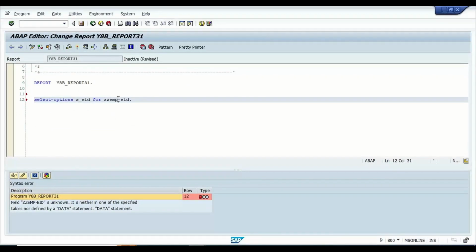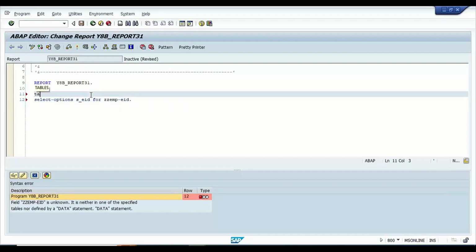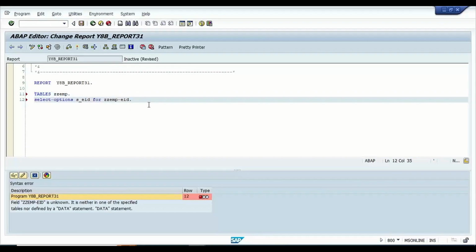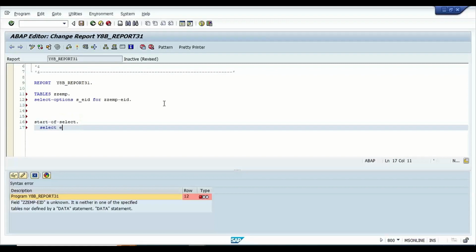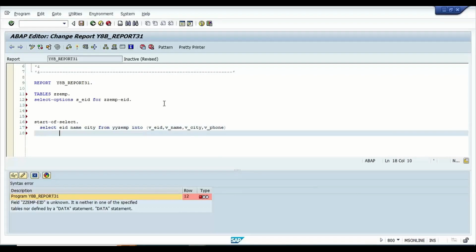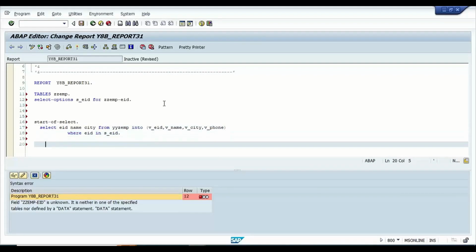It says that this table does not exist. So whatever table you are using here, you have to declare it with tables statement. This is the syntax of employee table. Now in the program, in start of selection, I am using select EID name city phone from YYZEMP into V underscore EID, V underscore name, V underscore city, V underscore phone, where EID in S underscore EID,